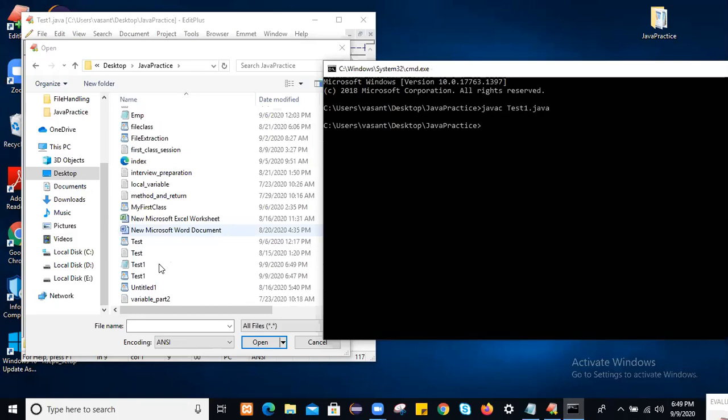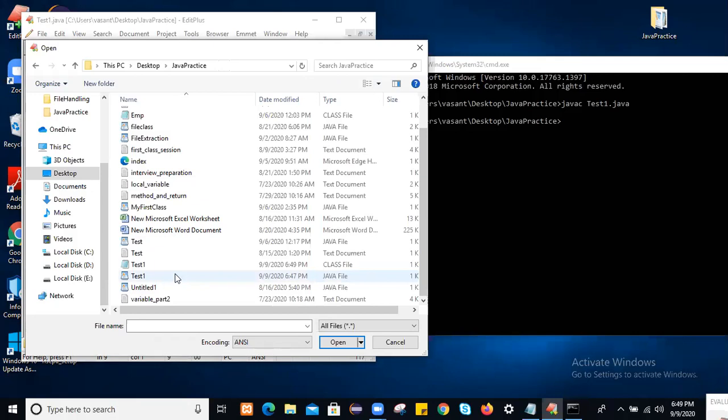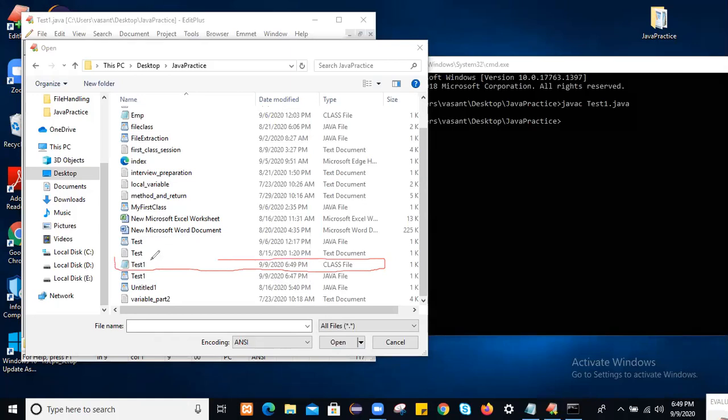Let me check. You see, we have generated a .class file. Date and time are also there. This is called a class file.